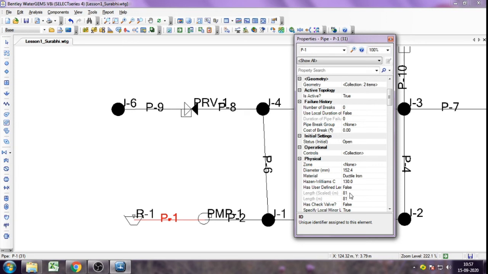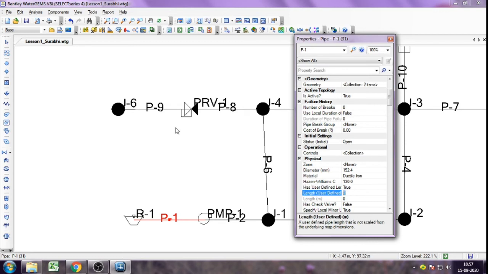But if you have a particular user defined length value, then you will have to change it. For that, we check has user defined length. If a value is already given to you, you keep it true, and it will change to length user defined. Earlier it was length scaled, now it will be length user defined.